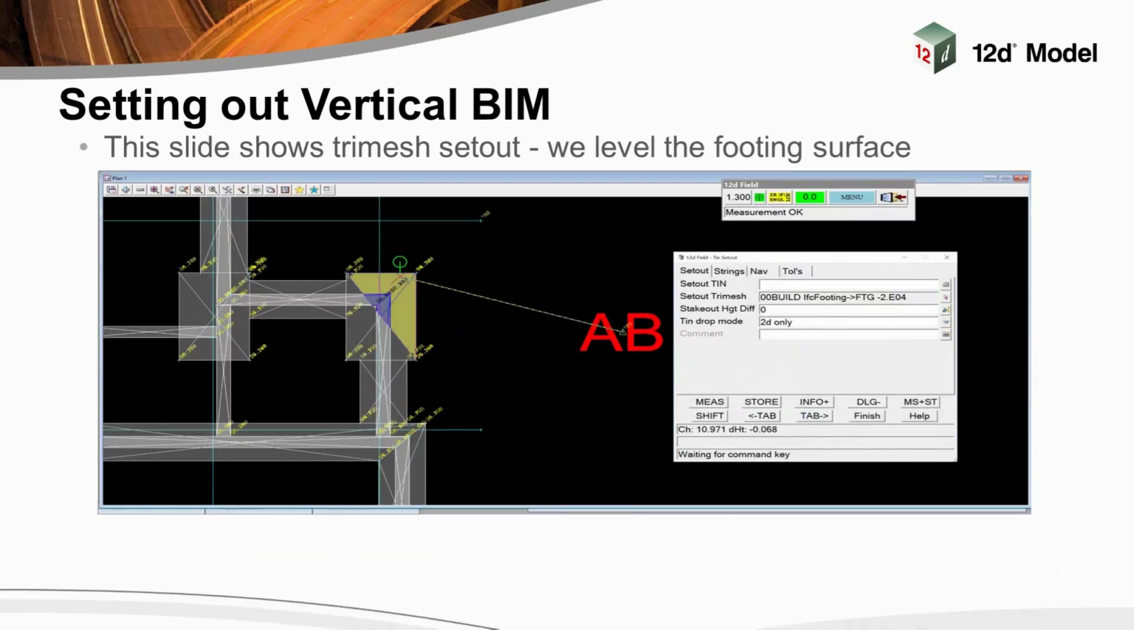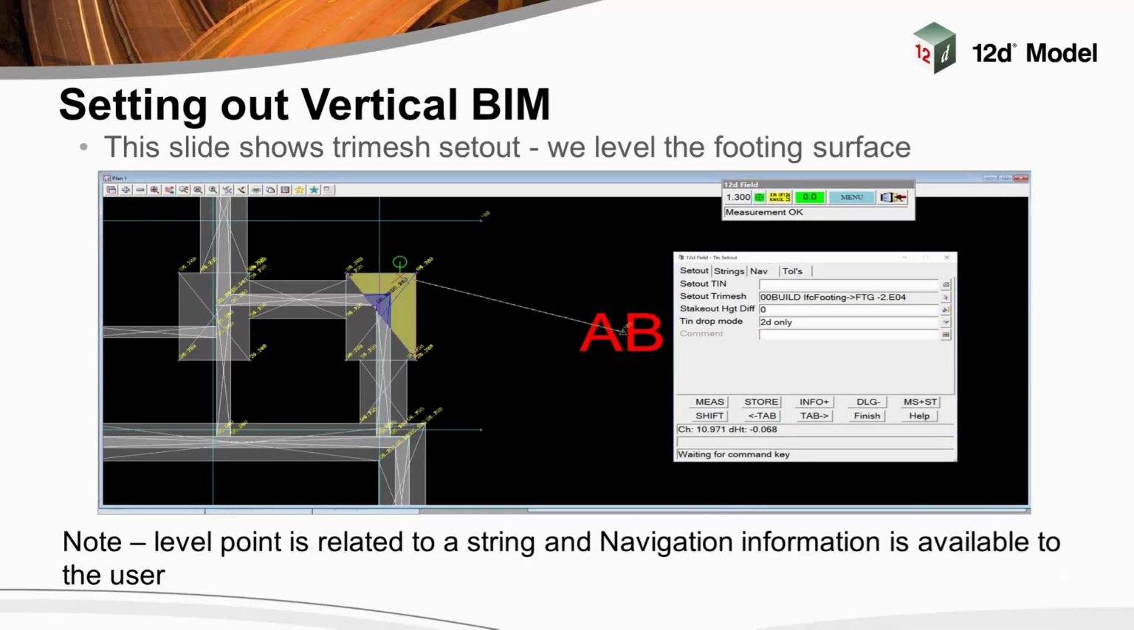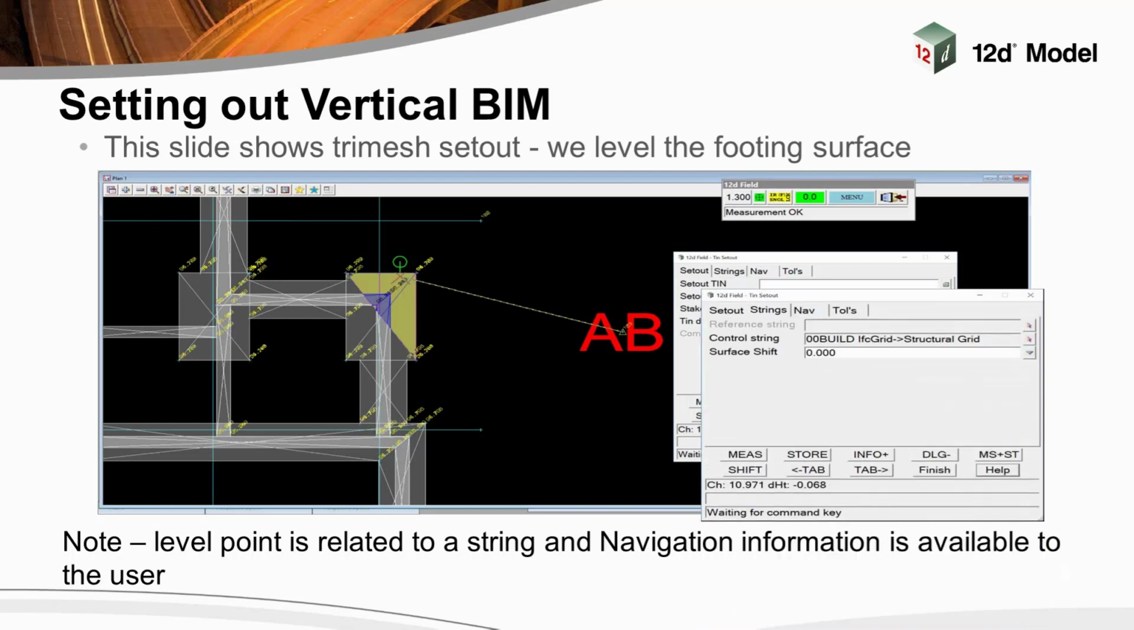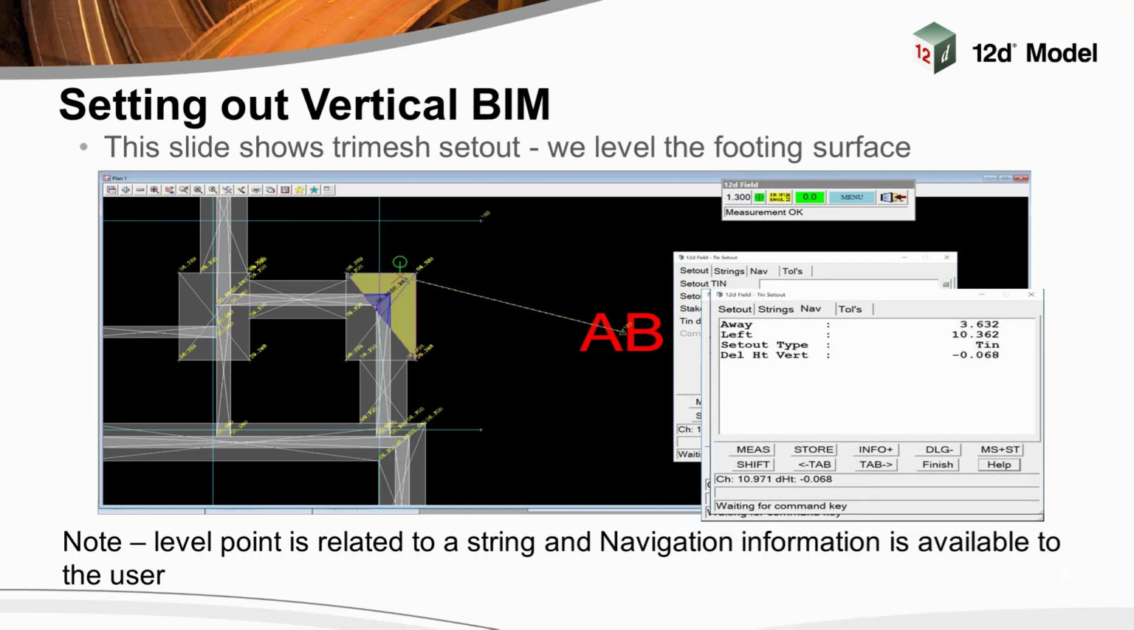So Trimesh set out, so you can actually set out to a tin, as you've seen. Those that have used 12D field, you can set out to a tin, but you can also set out to Trimesh and get levels to those as well. And again, the control string there is the structural grid, and it allows us to set out that footing as well